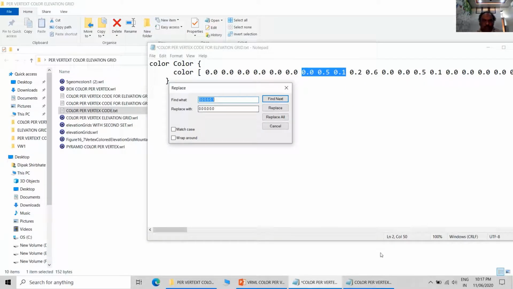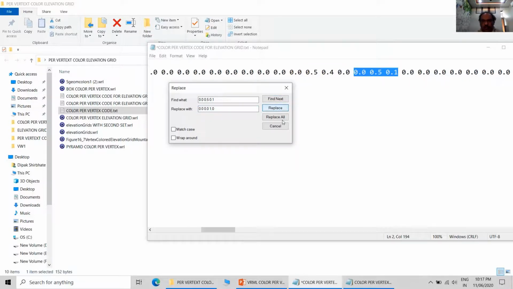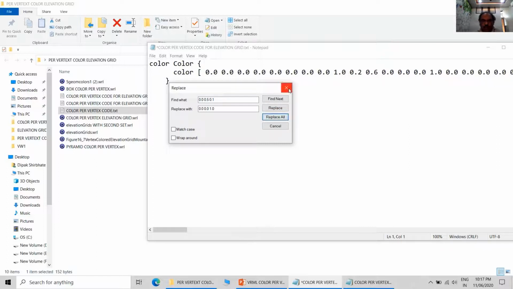Now I want to replace 0.5.1 with 001. Okay, replace and replace all.